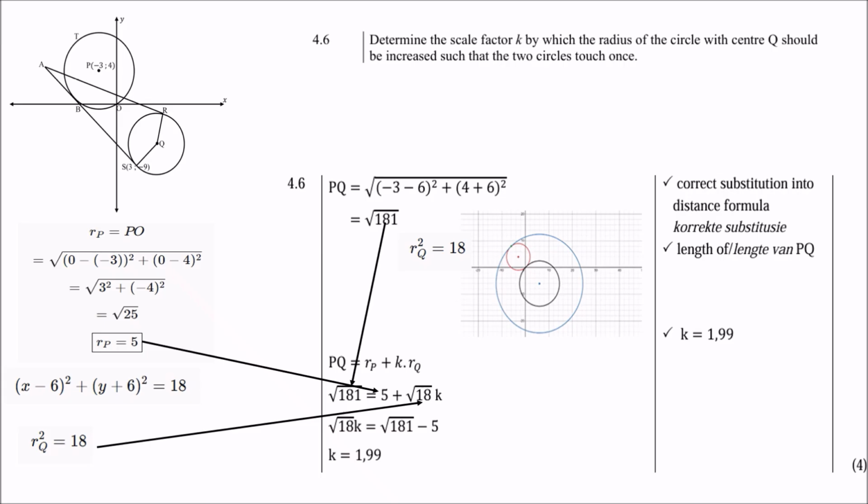And can you see where it fits into the formula? Then we also need to find the radius of circle Q. This, of course, is 18. So r squared is equal to 18. Or you can say r is the square root of 18. Then, of course, the length of PQ is negative 3 minus 6 squared plus 4 plus 6 squared, which is the square root of 181. So that explains the formula. PQ is RP plus K times RQ, where K is the scale factor. Then do your substitution as shown with the arrows. Simplify, and you get K equals